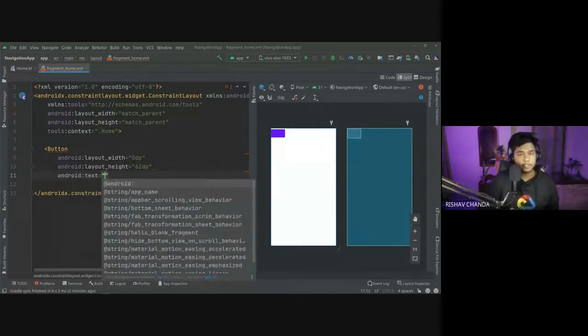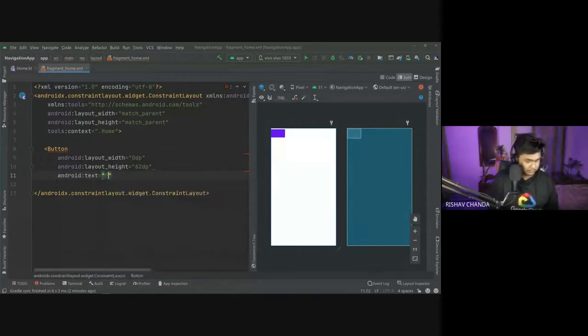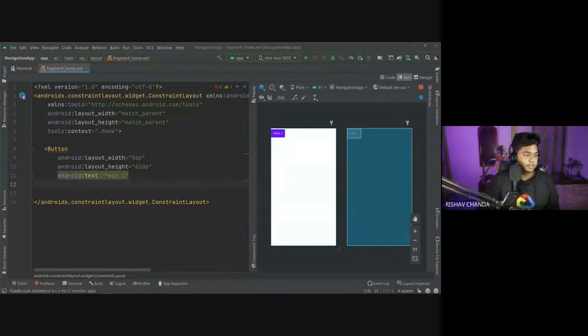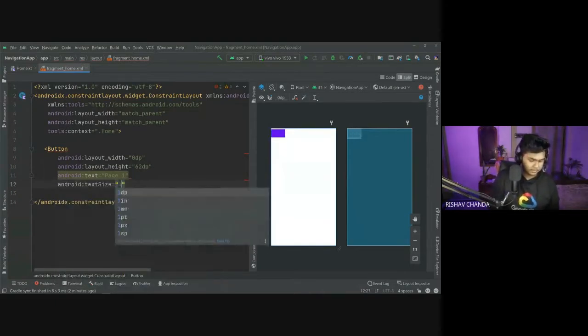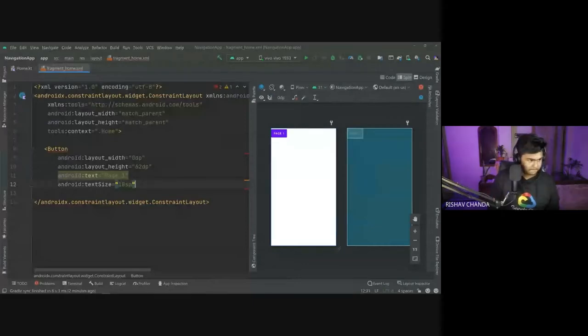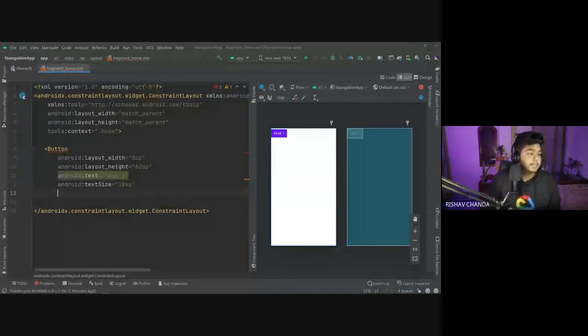In the text, I will give it page 1. And the next thing is text size. So text size, I would give it 18 sp. And these widgets are already being explained to you, so I don't think that you would be having any problem in this one.